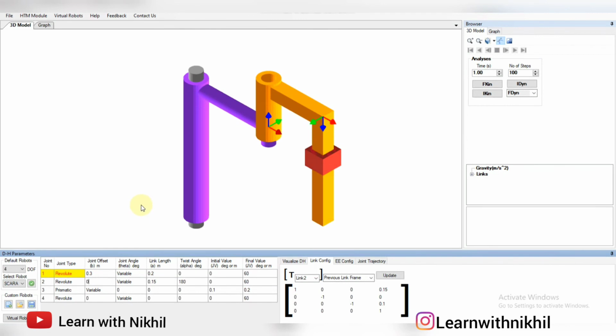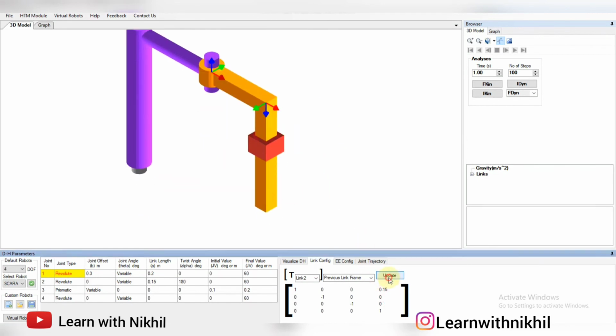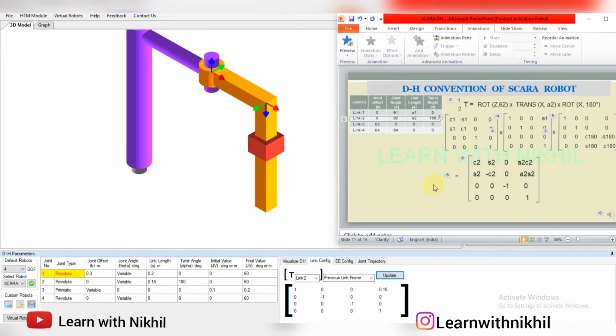So if I consider the joint offset as 0, I click on update. Now your theta 2 value is 0. Then your link length, that is A2, is 0.15 and twist angle is 180 degree. So you can see here, this is -1, it is already there because of the 180 degree twist angle. Substitute the values, you will get this matrix.